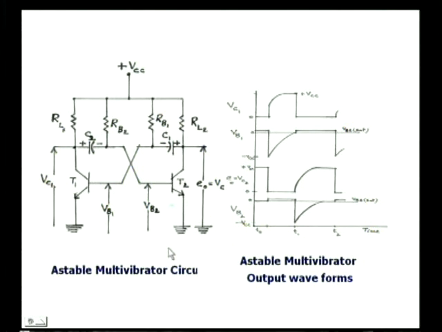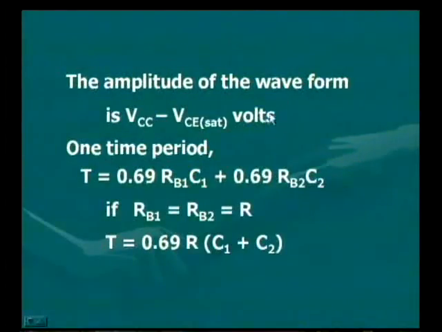So that's why we can see the astable multivibrator can generate a square wave whose amplitude is given by the equation VCC minus VCE sat. So the amplitude of the waveform is equal to the applied voltage VCC minus VCE sat, that is saturation voltage,